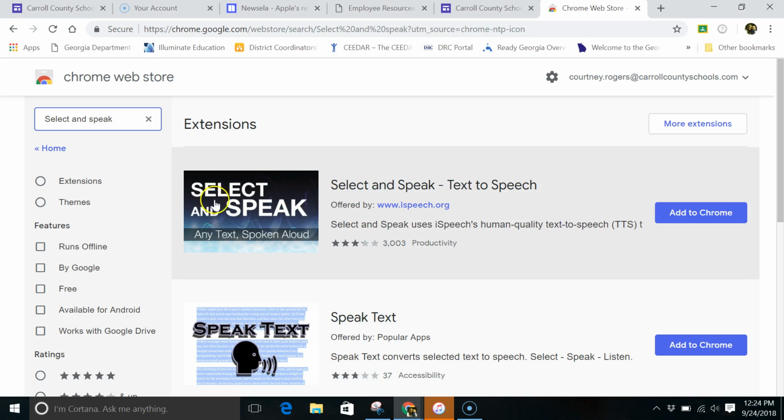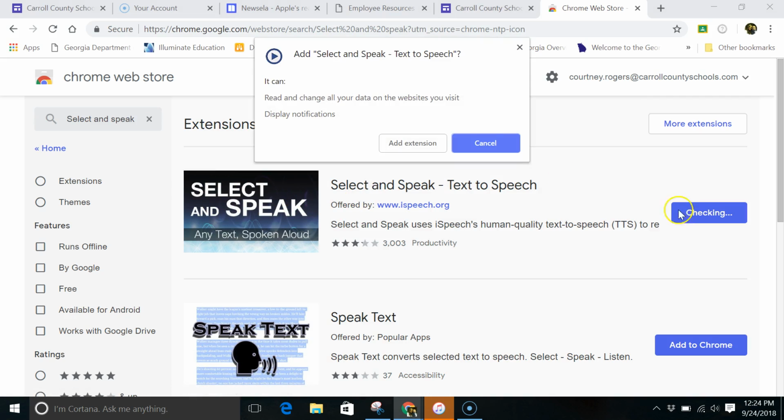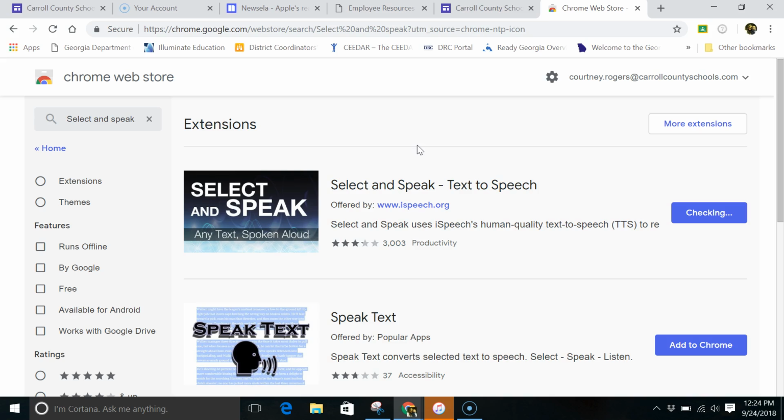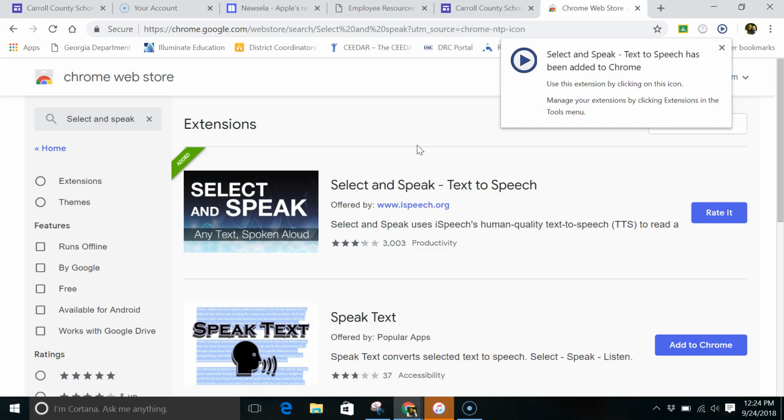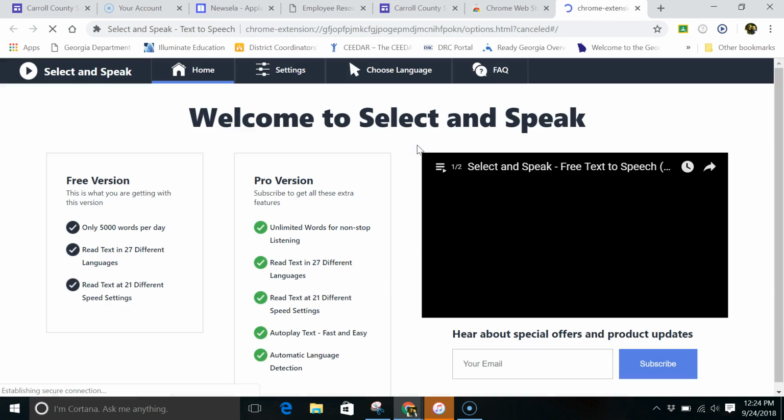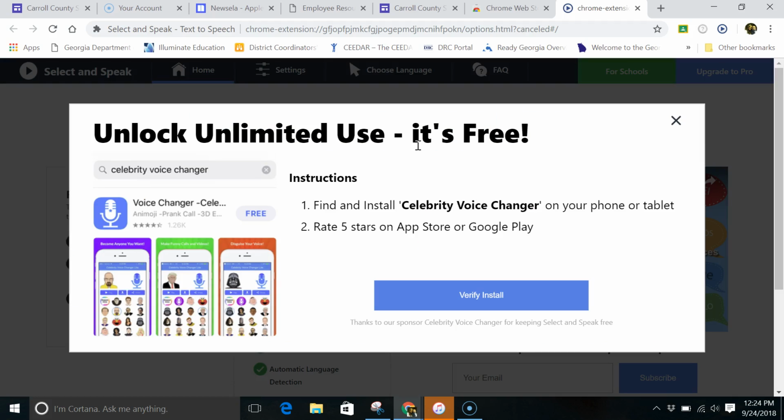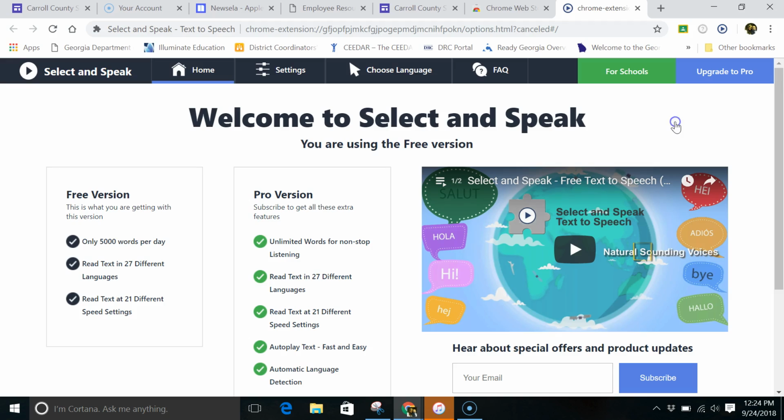So here's Select and Speak. I have found it, so I'm going to then add it to Chrome. It's going to make sure I want to add it. It's going to also tell you what it can do. So it says it can read and change all your data on websites you visit. So I'm going to add this extension. Once I have added my extension, it'll take me to their home page where I can then configure settings